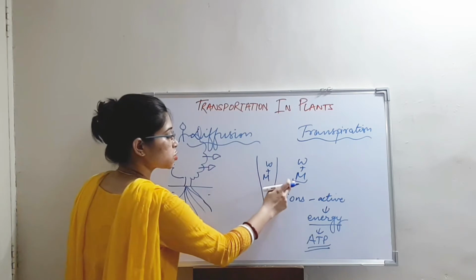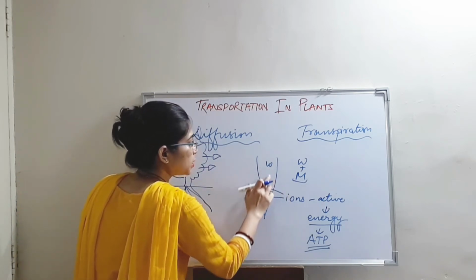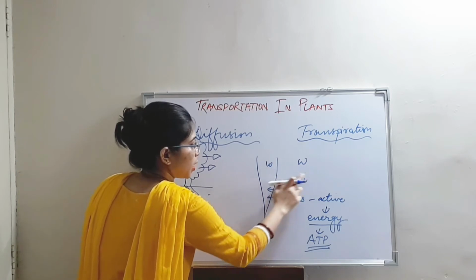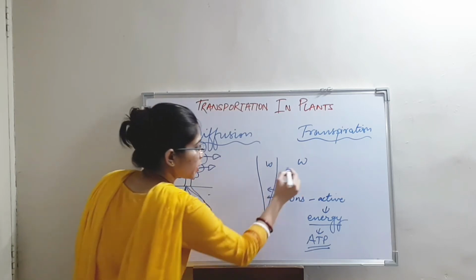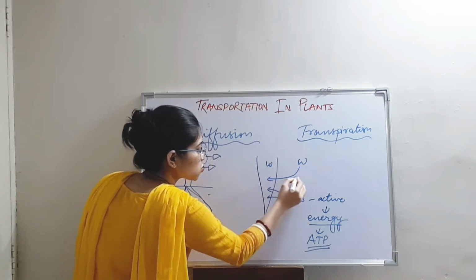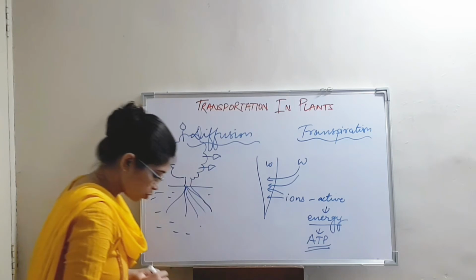Because of the transportation of minerals, now the concentration of water particles in the roots is lowered, and in the soil it is high. That is why the water particles will also start moving through the process of diffusion. Now you know,